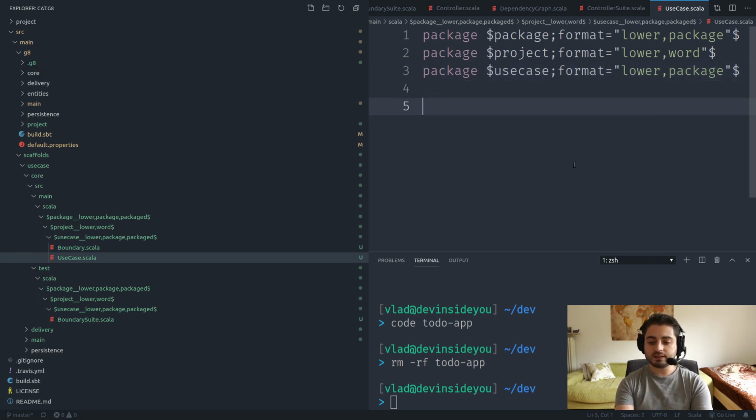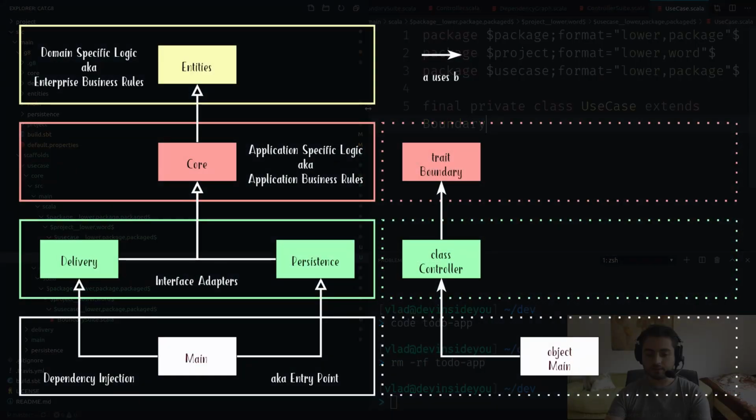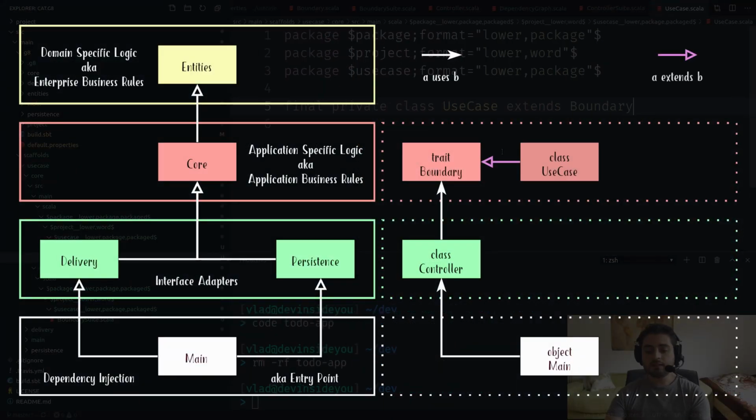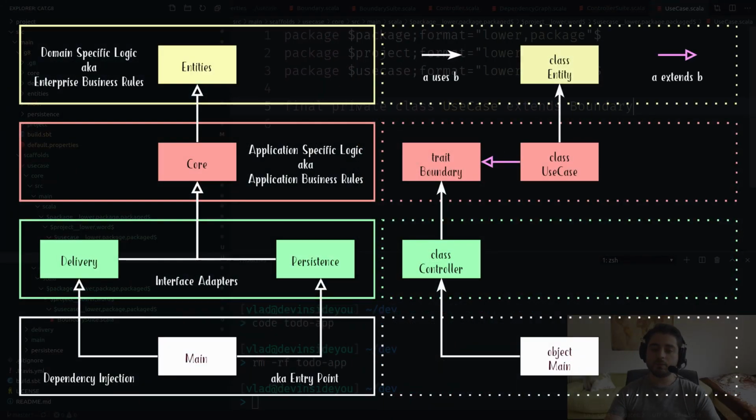Okay, so this is just going to be a final private class use case, and it will extend the boundary. Let me create a little more space, like that. Now, this is a private class because all that we want to be visible outside of the core project is just the boundary. In fact, multiple boundaries for multiple use cases, but nothing else,